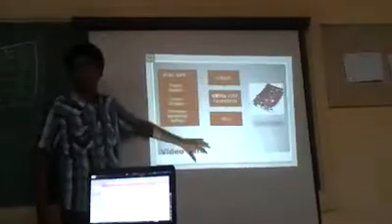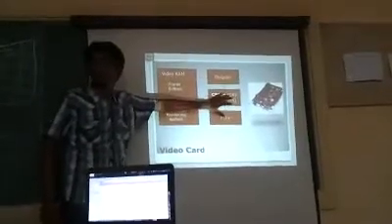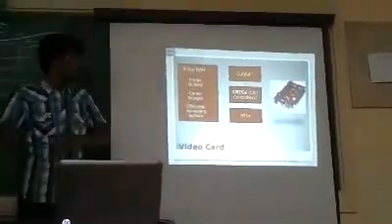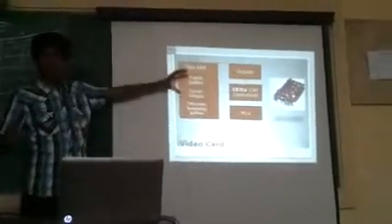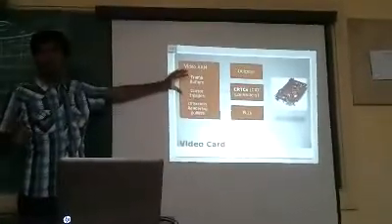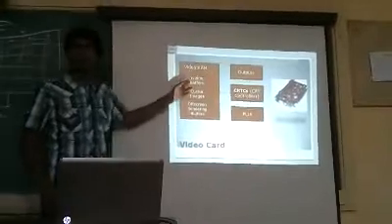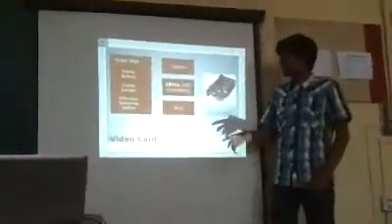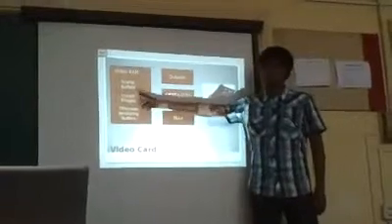Whatever area of this frame buffer I write into, this video will change. If I write into this, it will change. So likewise, the point here is everything is maintained inside a video card, inside a video RAM, and this memory is very fast, faster than your RAM. So this is the concept of frame buffer.